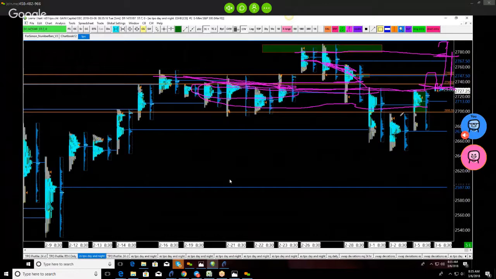But my guess is if we can balance above these 2 points right in here, we should start getting constructive for an attack on this upside move. And then that will start us into a trend up.